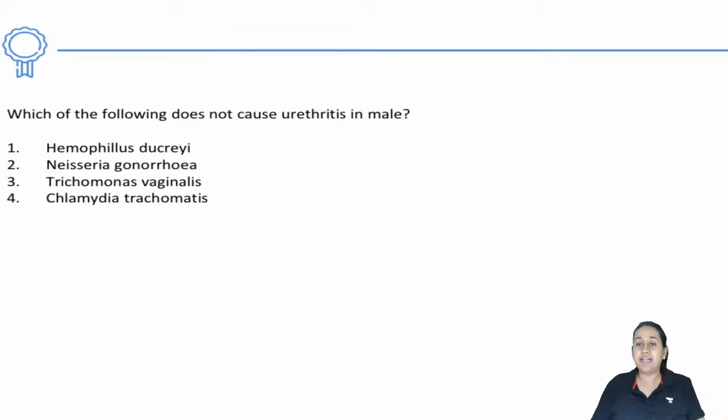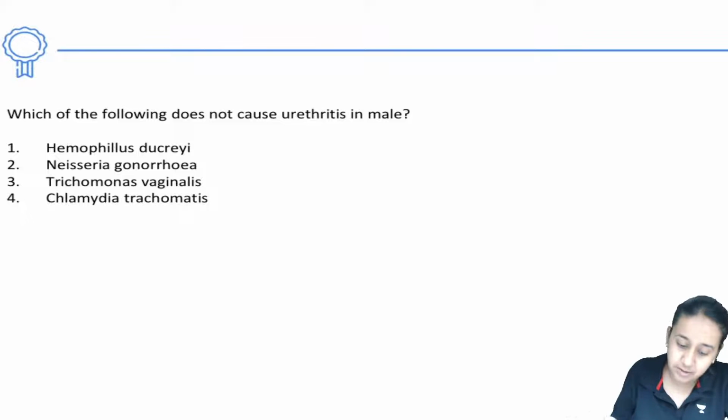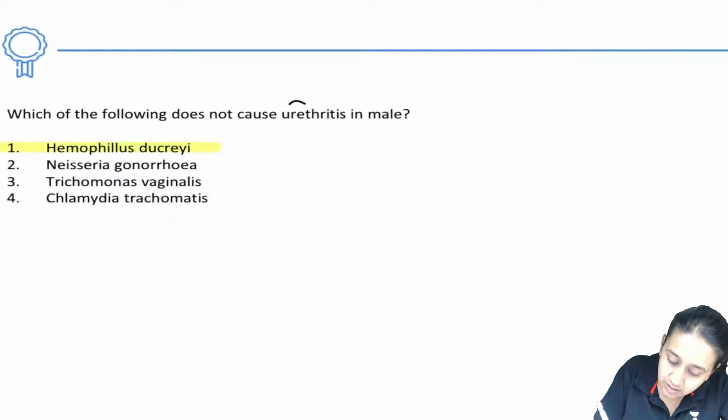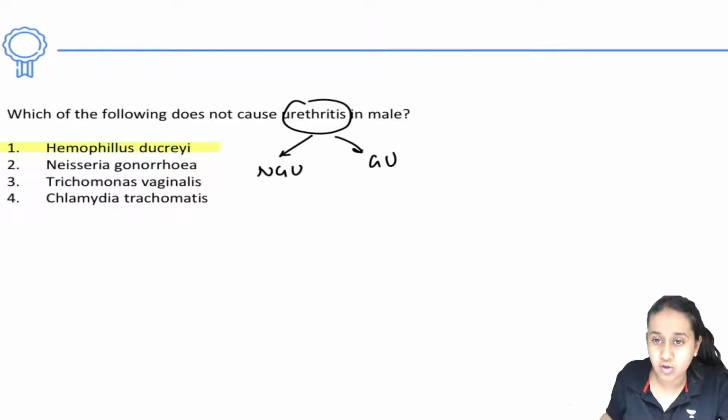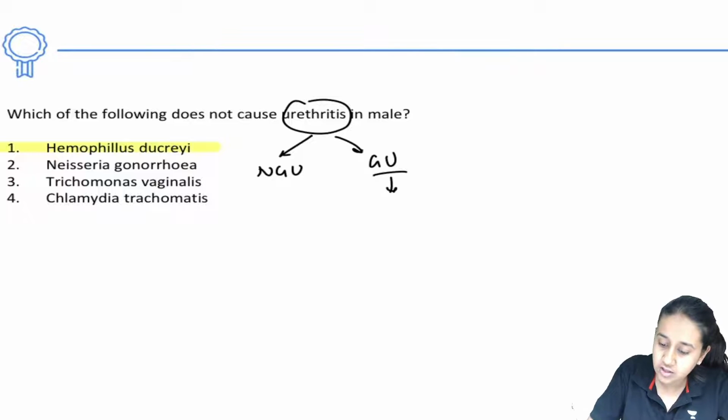Now please remember the correct answer of this particular question is option number 1. Why is it option number 1? Because urethritis can be because of two causes, non-gonococcal and gonococcal causes. The gonococcal cause of urethritis is Neisseria gonorrhea,